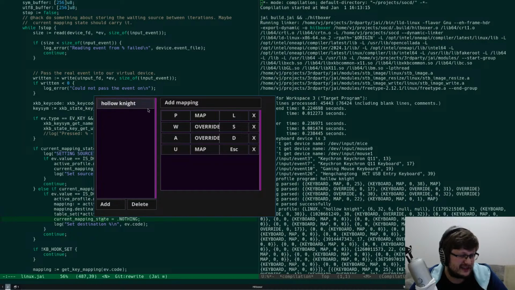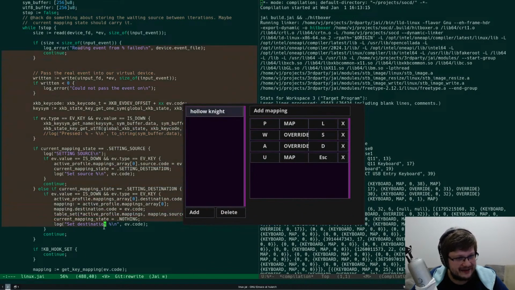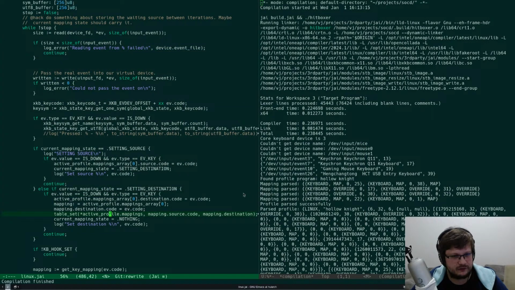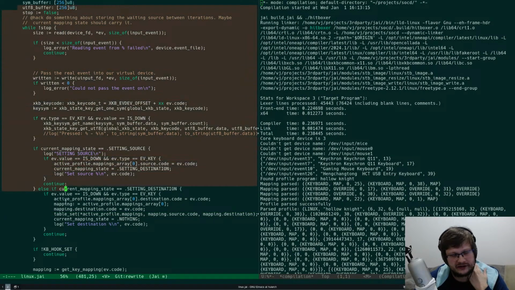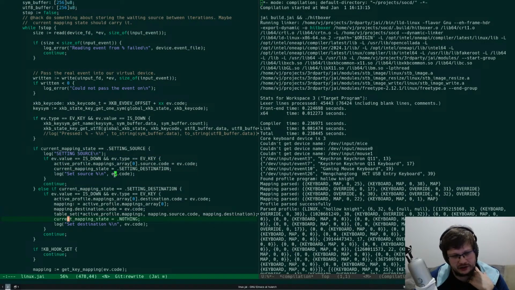Maybe you just want to have some global mapping. You can imagine in the future I also support mouse and controllers, and you want to control your desktop with your PS5 controller, and you want this to be just running in the background. I will be able to do that as well. So this gives me flexibility in the future, but I always have it on the table that maybe I should just fall back on libinput or even XKB Common, because I actually don't mind depending on XKB Common,